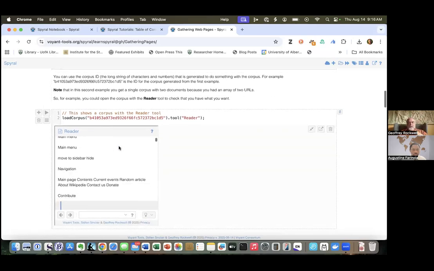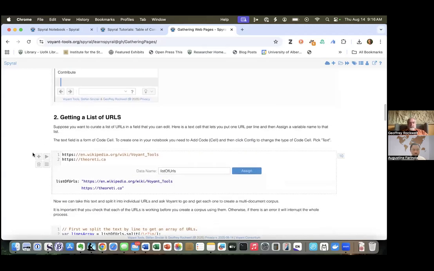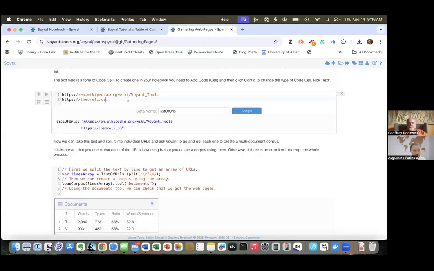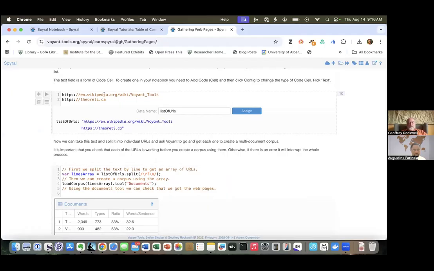Okay, back to this. Here we show how you can then load the corpus. So I already got that. Okay, so here's a more complicated way. Here, this is a text field. When you create a code field, you can configure it either to be JavaScript, but in this case, we've configured it to be text. And what we can do is we can put a URL on each line,